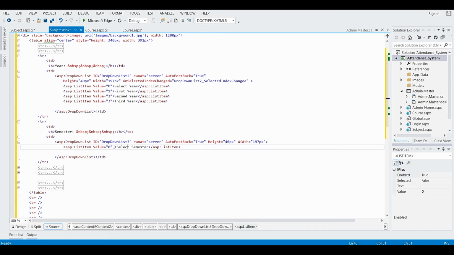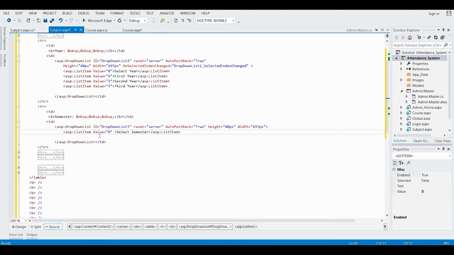Because the values for selecting the semester are going to come from the database, so they will be bound dynamically from the database, but for starting we have to add this list item.